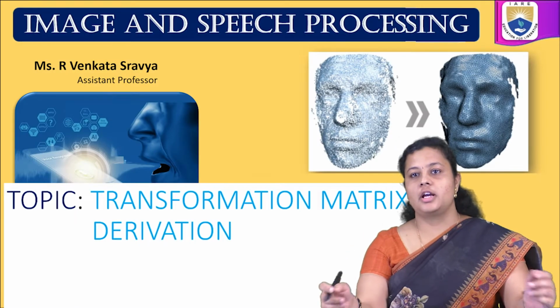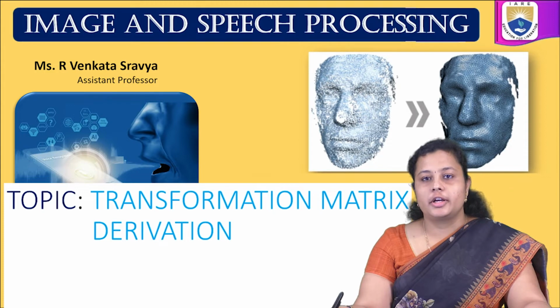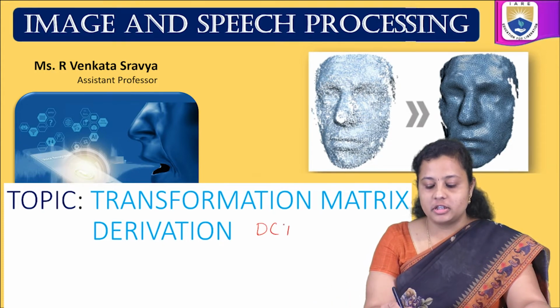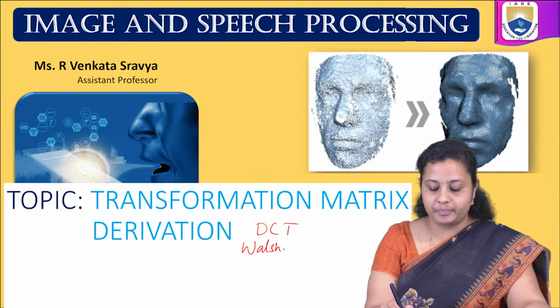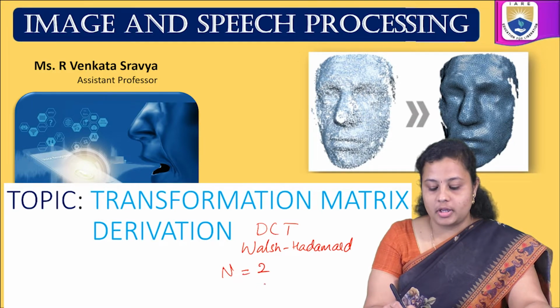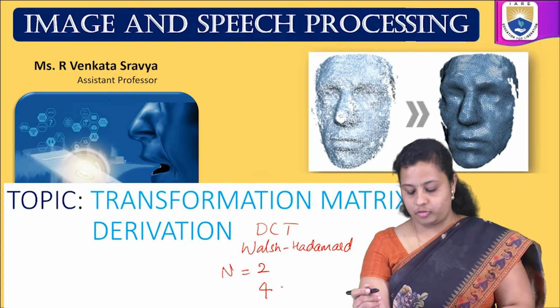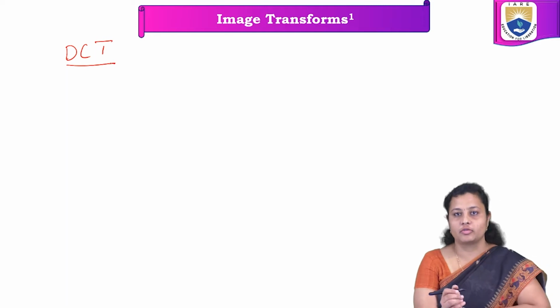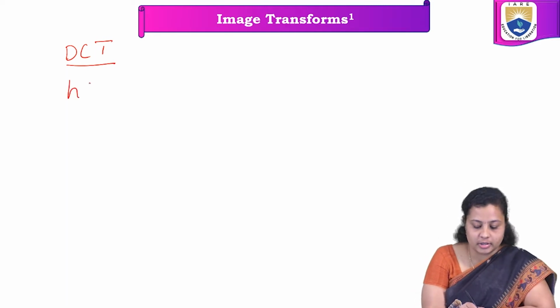So, in today's class, we will talk about our transformation matrix derivation for transforms DCT, Walsh-Hadamard for order of n equal to 2 and order n equal to 4. In our previous class, we talked about DCT, which was the discrete cosine transform, where our kernel, which I am representing by H, I have written it as